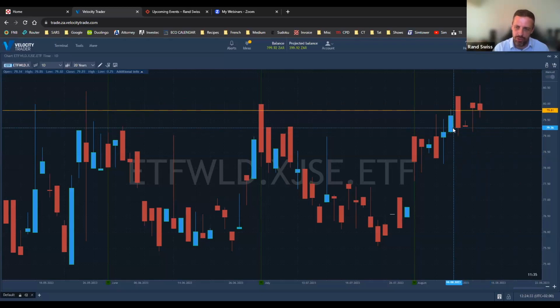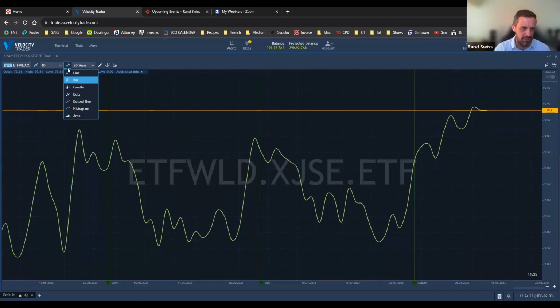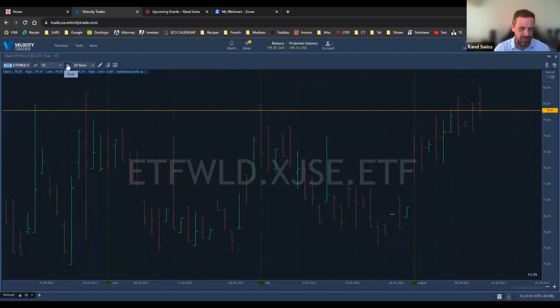But if we look at this one, for instance, the close is at the bottom. Oh, sorry, the open is at the bottom and the close is above the open. And for this reason, the candle is blue, or you can change it. I mean, you can change it to green as well. So that's how candlesticks work. Okay. If you want to change it again, you can change it here. Line chart, bar chart, etc. I personally prefer